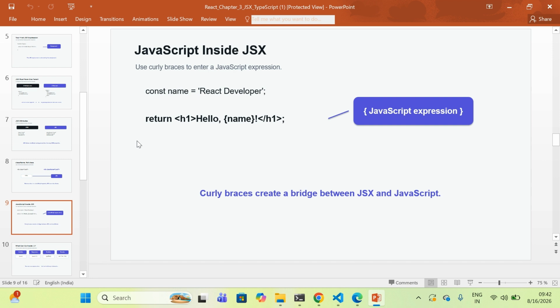For example, this hostName equal to React developer. Then React evaluates the expression and places the resulting value into the UI. And this is where React starts becoming really powerful. Our UI doesn't have to be static anymore. It can be driven by data.